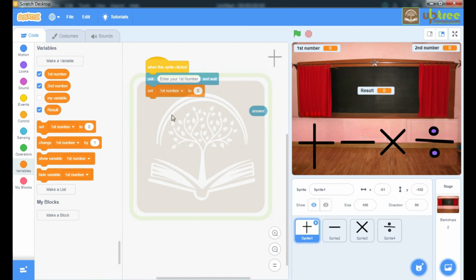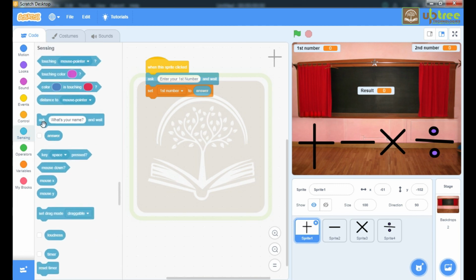We cannot keep the values freely. To store a value in the variable, we need this command, set variable name to value. Here I will put this answer. So whatever input we get, the value will be stored in the first number variable. Similarly we will do it for second number.